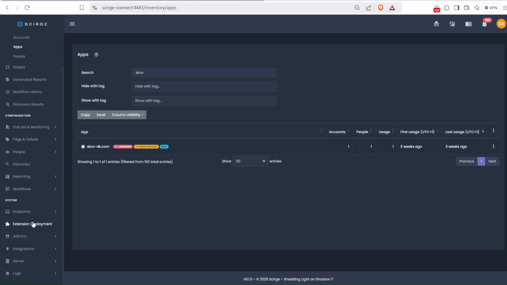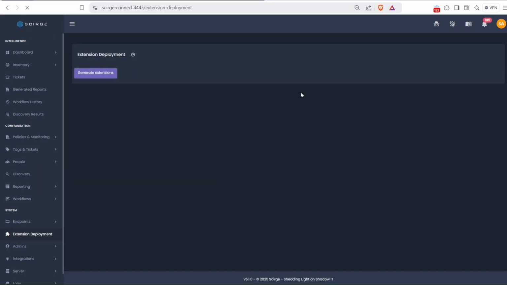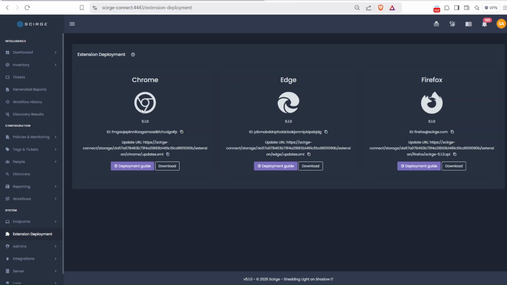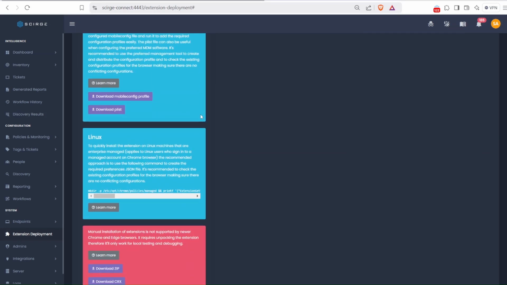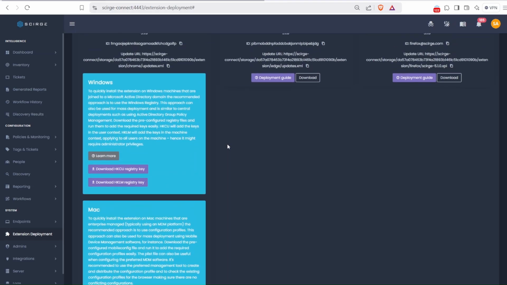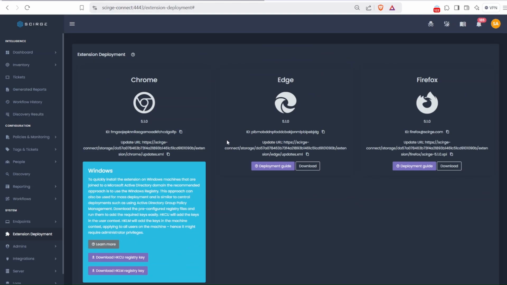And by the way, extensions can be deployed into Chrome, Edge, and Firefox, in any Chromium browsers. I'm running in Brave right now, and there's a lot of options for deployment. We have all sorts of guides and documentation for that. But basically, whether you're running a Mac, Linux, or Windows environment, you're going to be able to deploy them in an enterprise manner. It's a very light agent, and the browser extension also runs in a sandbox, which is the browser. So you will have very little chance of colliding with existing business applications, which is also a great advantage of